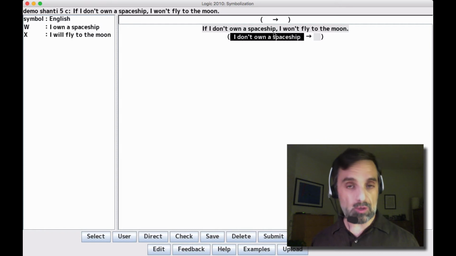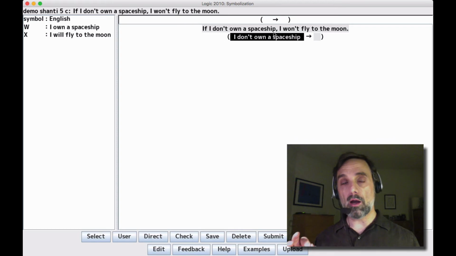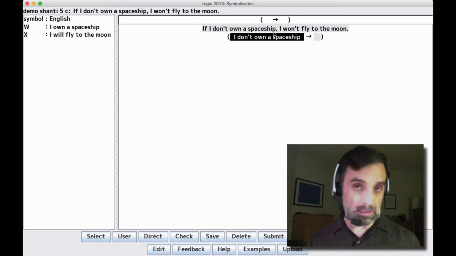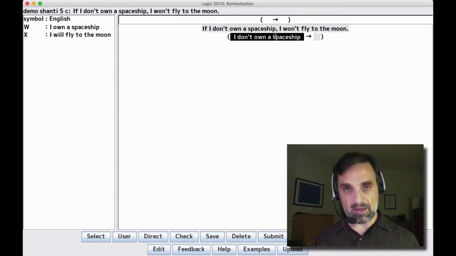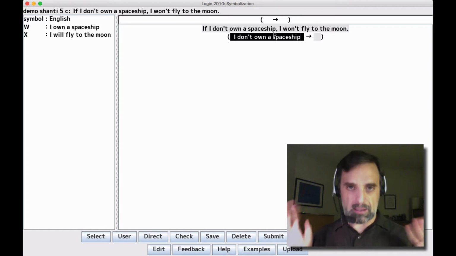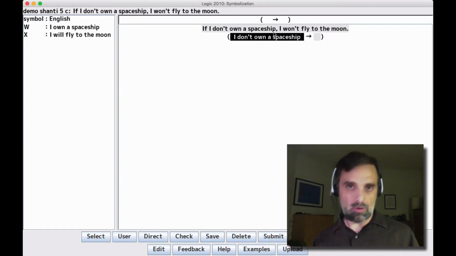Now, I've been using copy and paste keyboard shortcuts. The keyboard shortcuts for copy and paste are the standard ones on Windows. It's Control-C and Control-V. Control-C for copy, Control-V for paste. On a Mac, which is what I'm on, normally it's Command-C and Command-V for copy and paste. But for reasons, in the Logic program, it's the same as Windows. So in the Logic program, whether or not you're on Mac or Windows, you need to use Control-C and Control-V